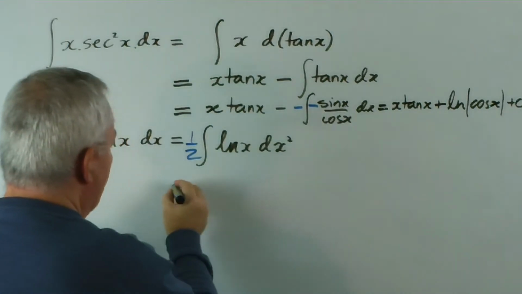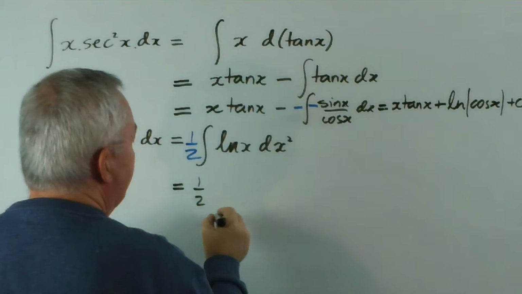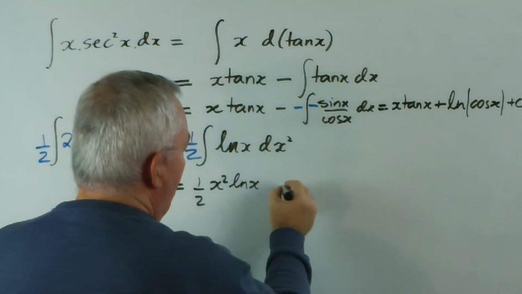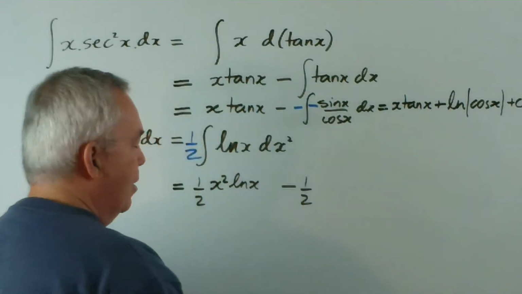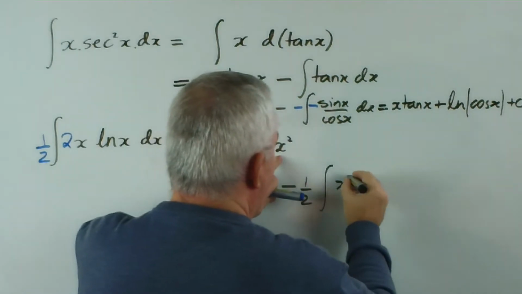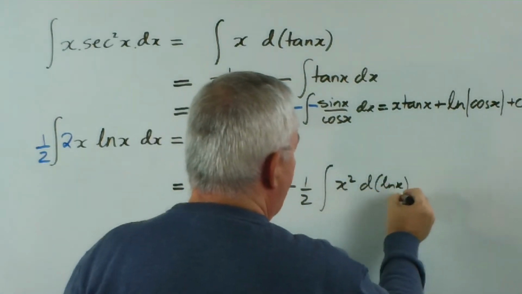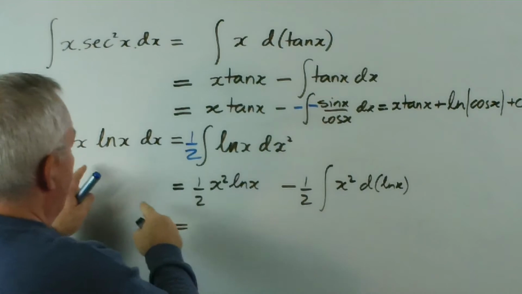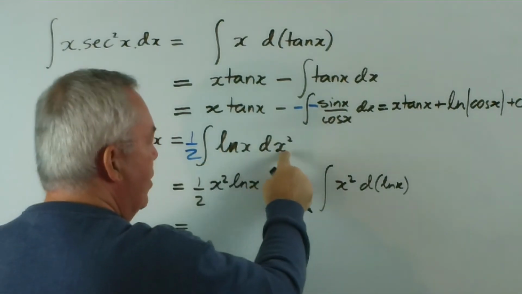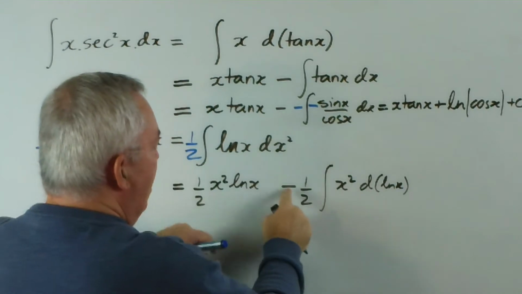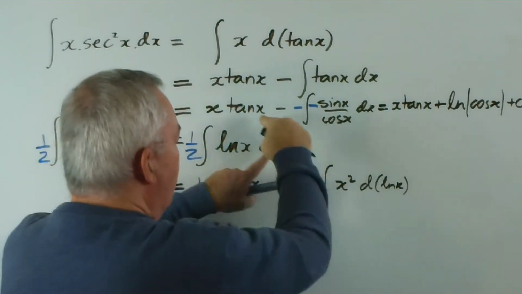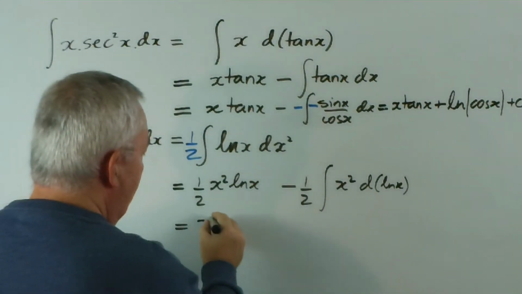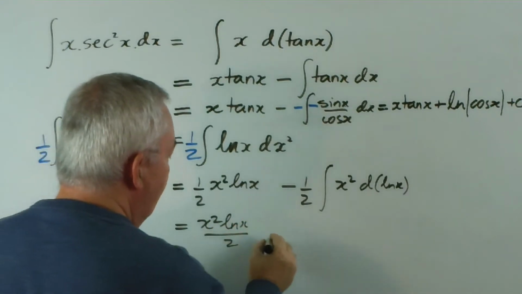Now I can apply integration by parts. I get half of x squared log x minus, I'll keep the half for the other part, the integral of x squared d log x. Because integration by parts means that once we put it in a form of some function with the derivative of the other function, we have the product here minus another integral where the 2 functions swap locations. That's what the pattern is. So this will be x squared log x over 2 minus,